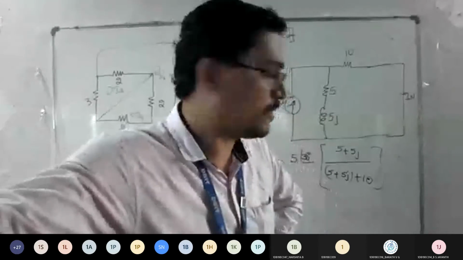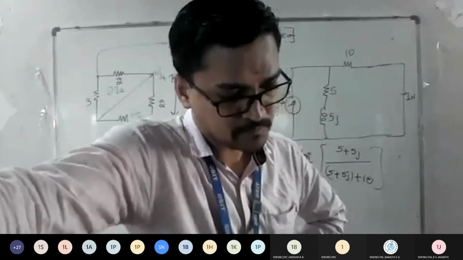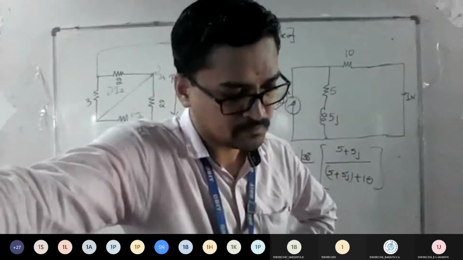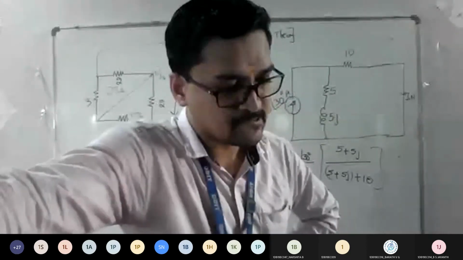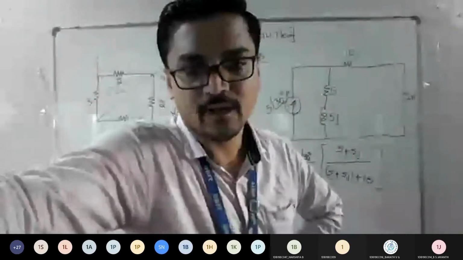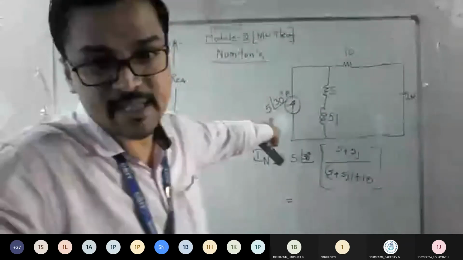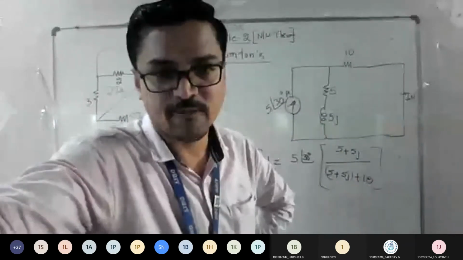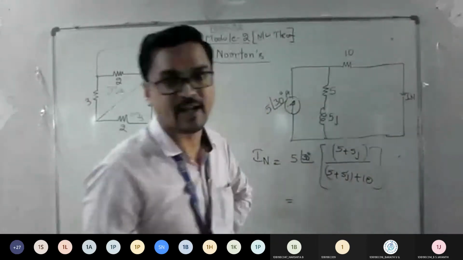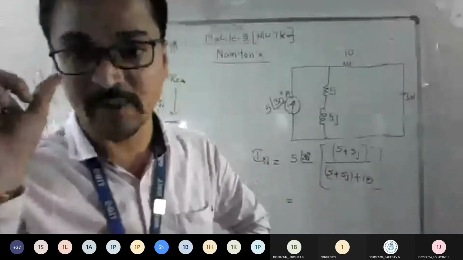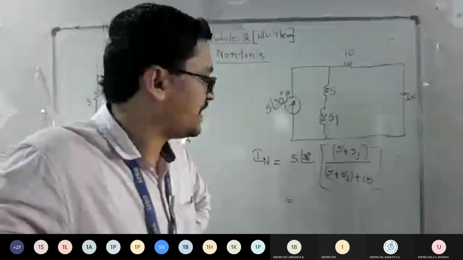So apply your logic of polar and rectangle form and check out what the answer is. Do the things in the calculator clearly. You tell me whether you want rectangle or polar, but ultimately I should fix the answer in polar form only, because the main supply is given in polar form, so you should keep things in polar form. Use complex mode. Convert this 5 angle 30 degrees to rectangle form, then use your calculator in complex mode; it will be easy. You can finish up soon. So keep that 5 angle 30 degrees.